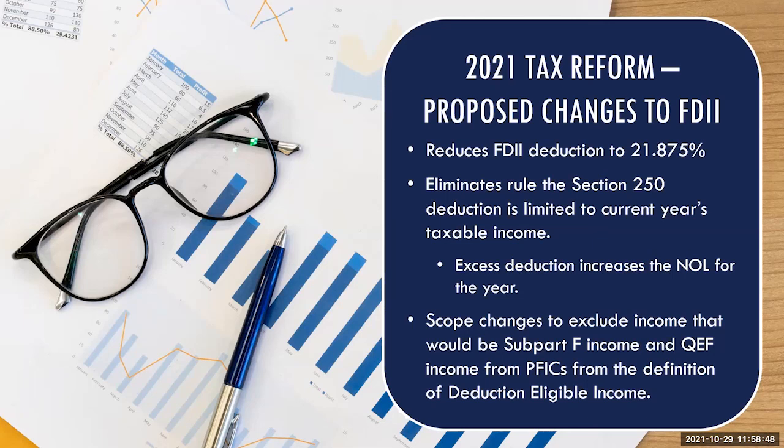Thus, any excess deduction would increase the NOL for the year. Somewhat of a sweeter change there. Further, some of the scope would exclude some income that would otherwise be considered subpart F income